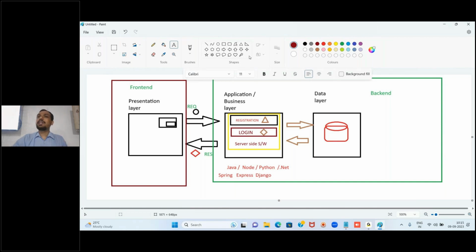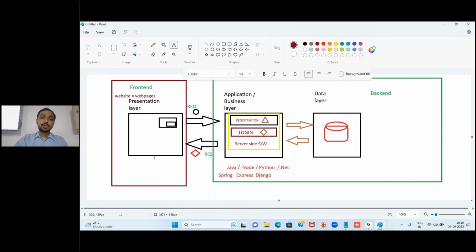Means if we want to create a website, first of all we should know how to create a web page. So website is nothing but a combination of web pages only. So here simply I'm writing: website equals a combination of web pages. So website is nothing but a collection of web pages. So if you want to create the client side software, the website, first we should know how to create a web page.